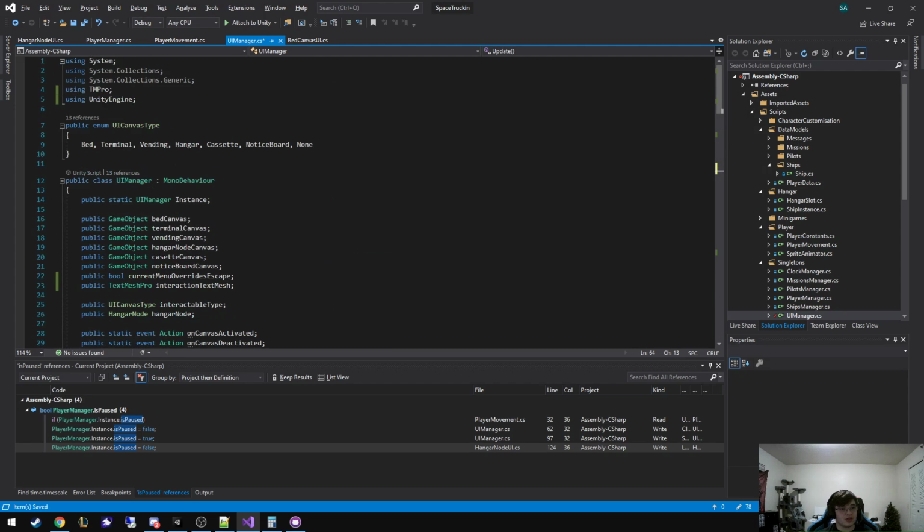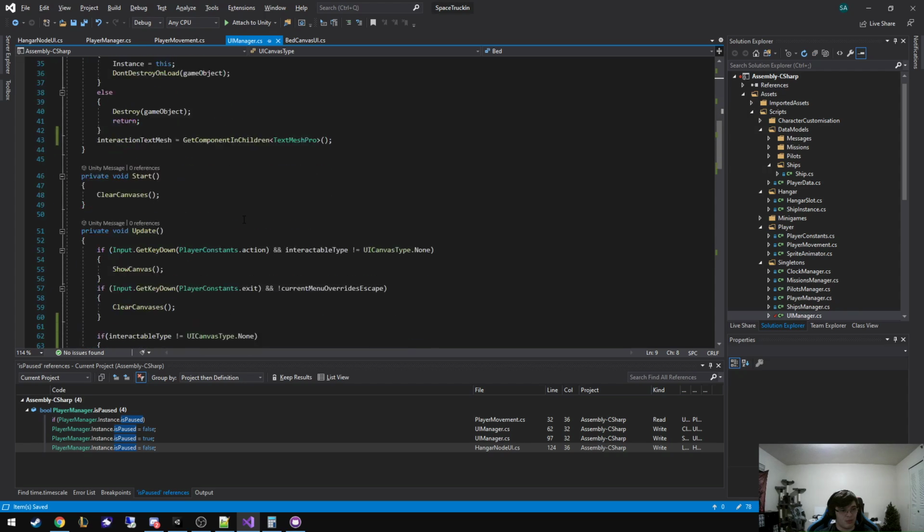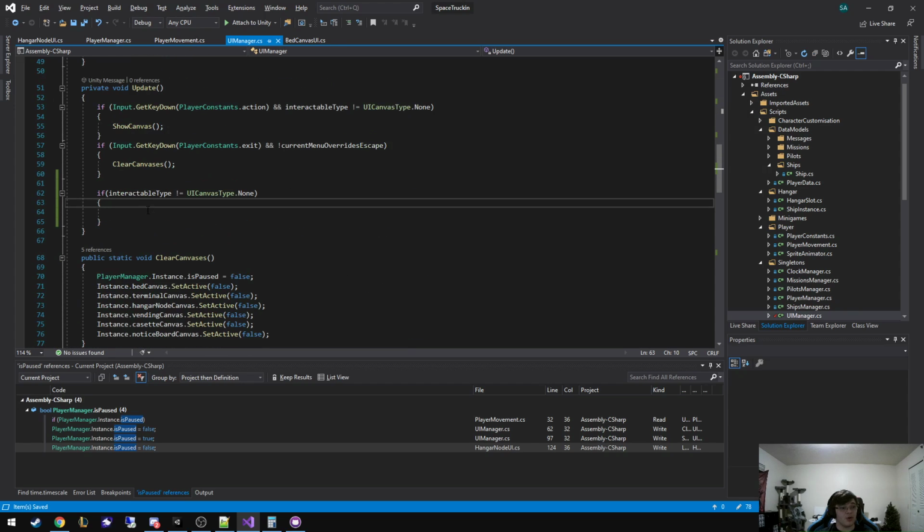The interactable type is just the different types of canvases I can interact with. I think I can take out the bed. No, we actually have a canvas for that. Never mind, ignore me. If it's not none, then what we need to do is update